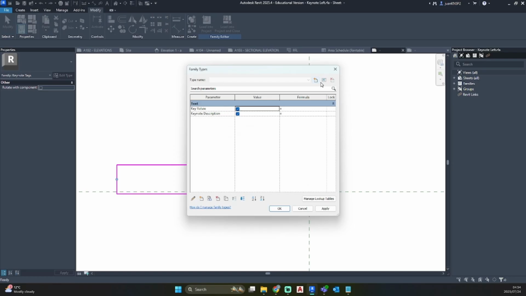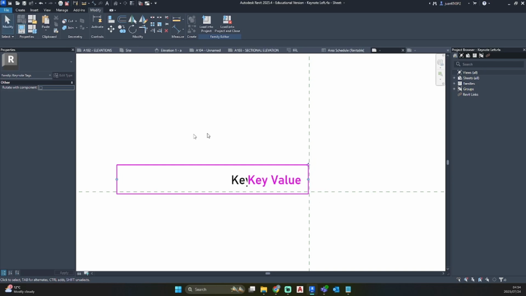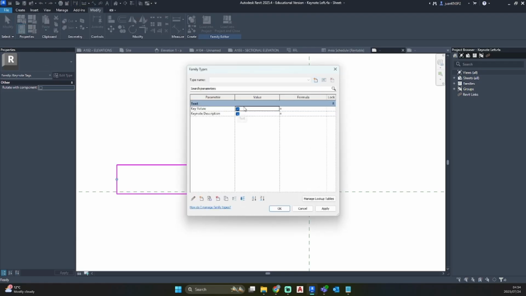Okay, so if you're still in your family creator for your tags, go to properties, family types. Just make sure I've selected key value. So I want to keep key values selected and create a new type and say key value. Okay, now I want to create a new one.